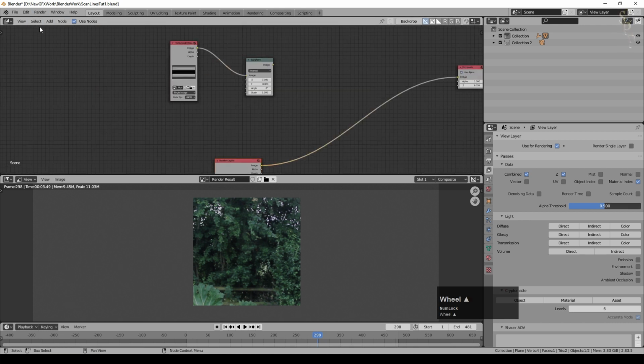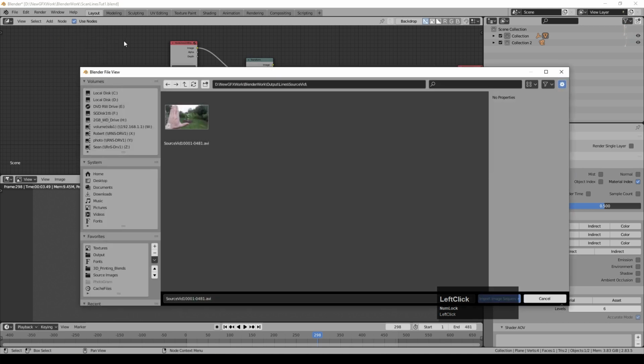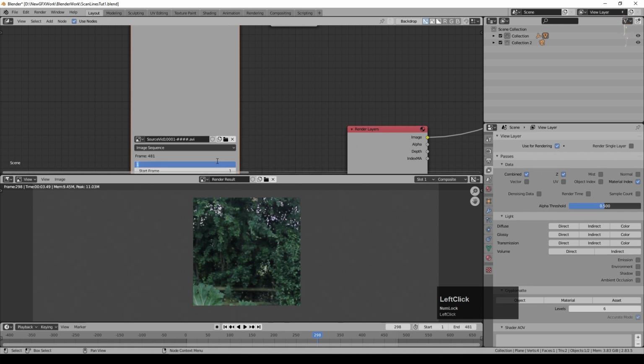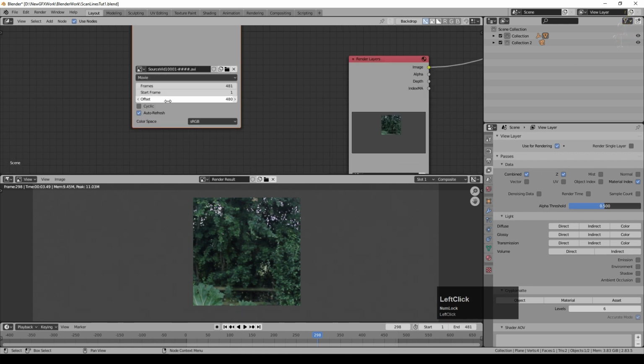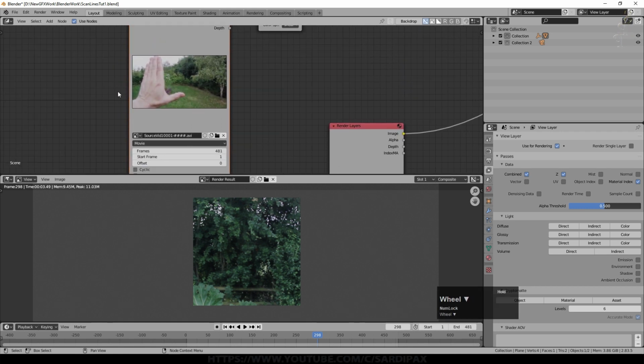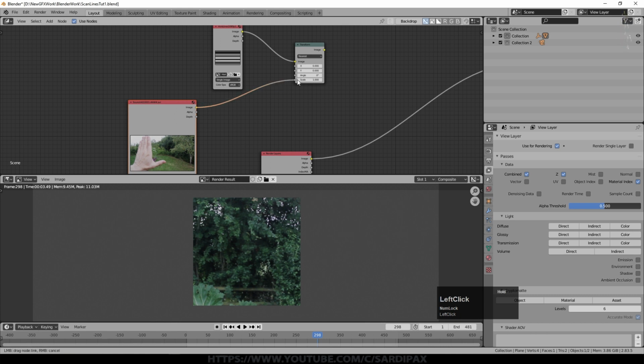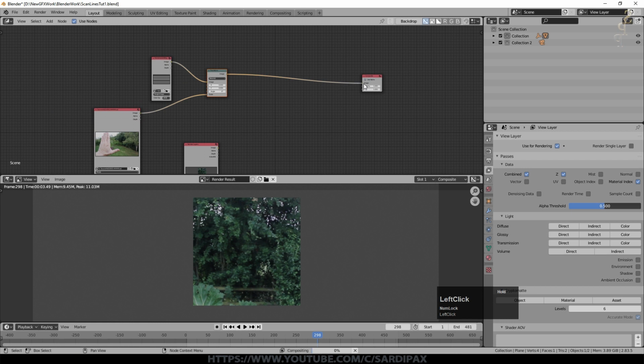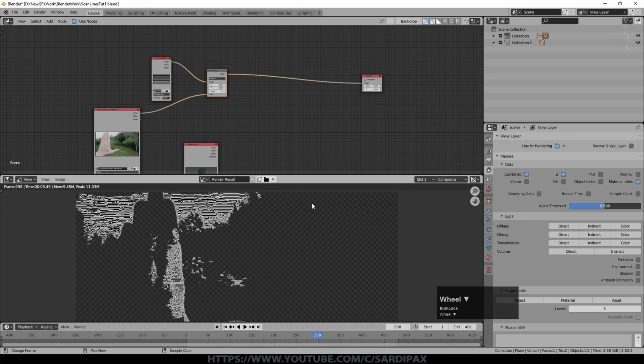And then I'm going to add an input, which is again an image sequence. I'm going to select my source images again. And we again need to just tell it that it's 481 frames long, that it's a movie, in my case an AVI file, and we'll say offset of 0 and auto refresh. So there it is. Essentially, I can just plug that into the scale there. So if I plug this just straight into my output over here, you can see what this is doing.